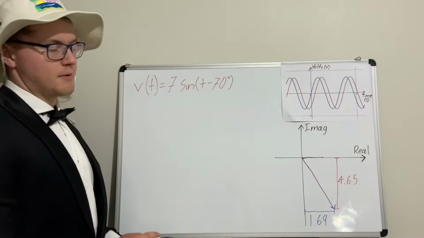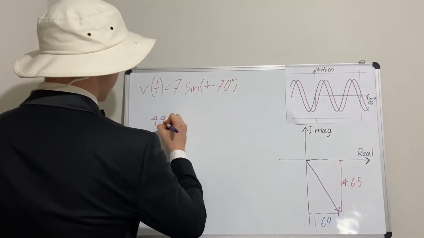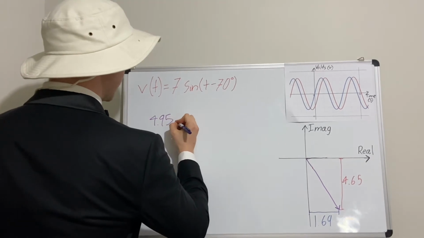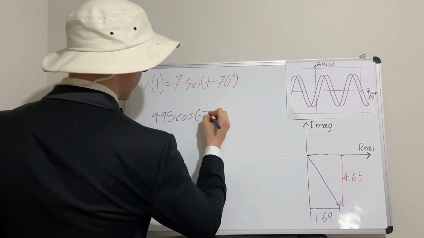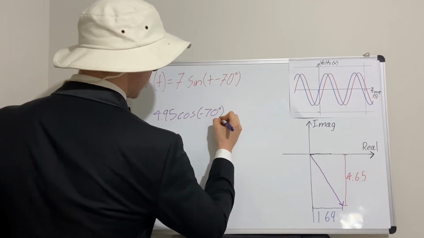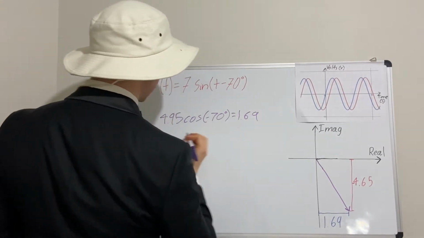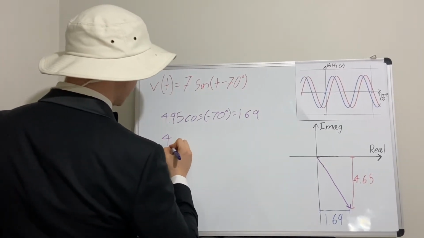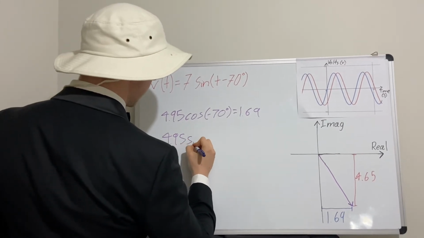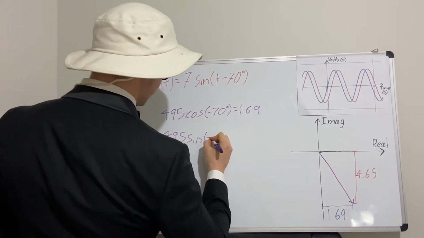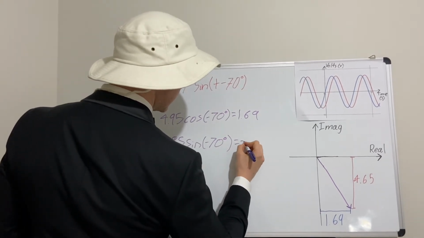Now, rectangular representation. Use the same RMS voltage we found before, 4.95, multiplied by the cosine of your angle, negative 70 degrees. This equals 1.69. Now, similarly, use the RMS voltage again, 4.95, multiplied by the sine of your negative 70 degrees. Now, this equals negative